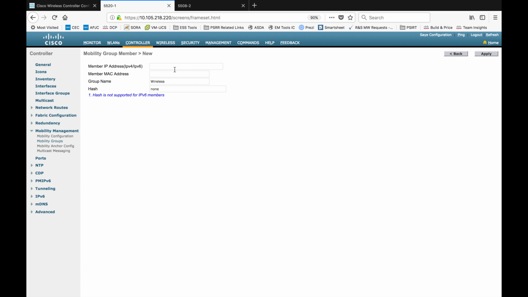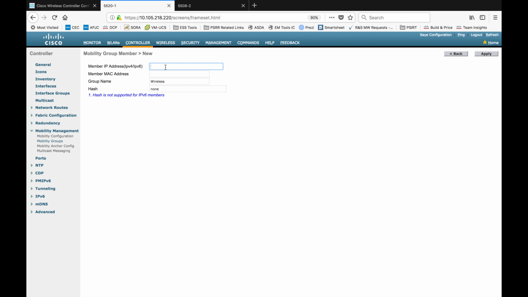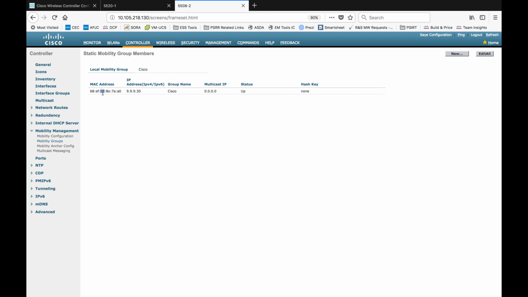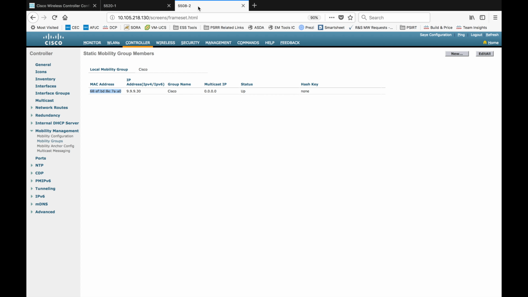Then you have to enter your peer information here. So this is my client. So here I'll just directly copy this one so that it will not have any issues in the mobility membership creation. And MAC address, copy the MAC address and paste it in the MAC address text box. Then group name, by default it will show its own group name, but you have to give the group name